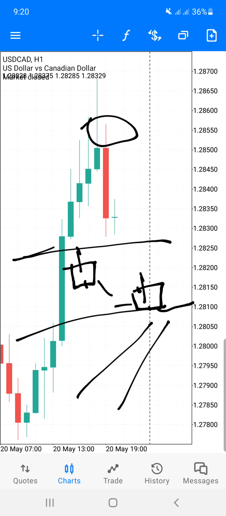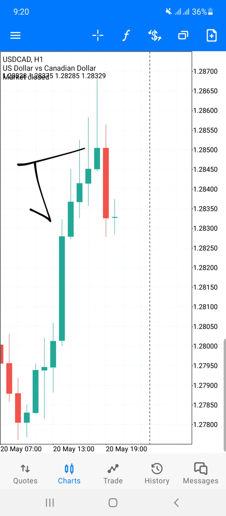So just in case you notice those wicks, you understand why. When you draw with those wicks, you are able to catch the market at exact points, and you will not be caught by what we call fake outs,